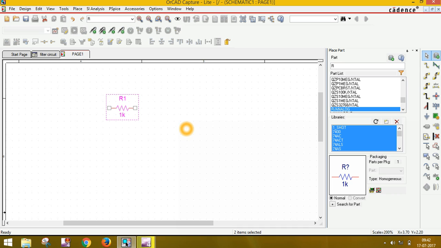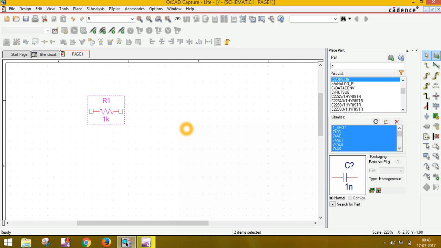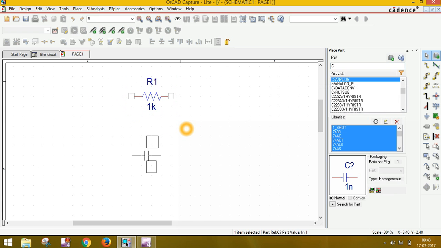So this is resistance and capacitor in parallel. Search C. Make sure I zoom for your better viewing. Okay. Now the capacitor. Double click on that and you can select it.